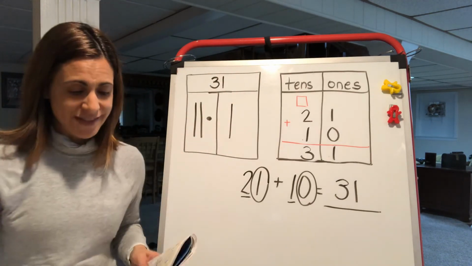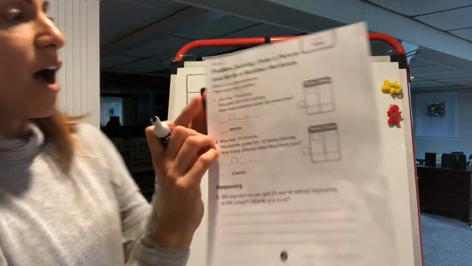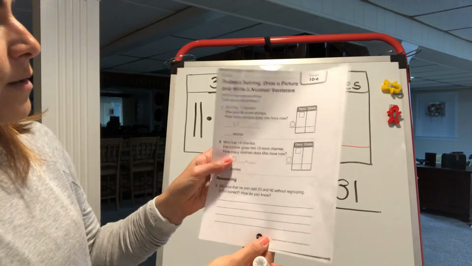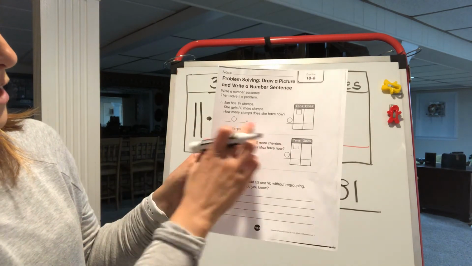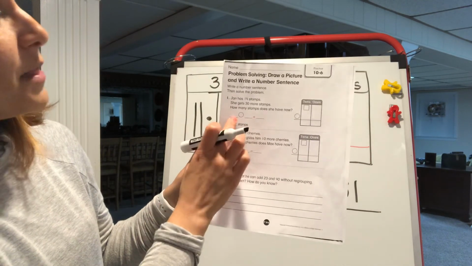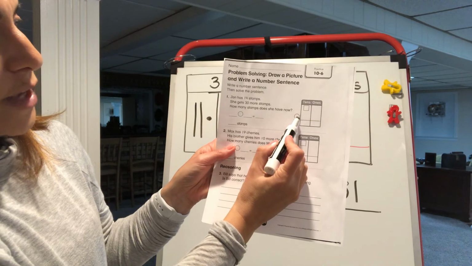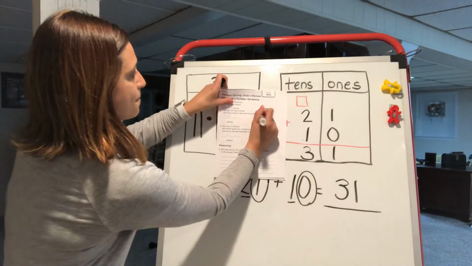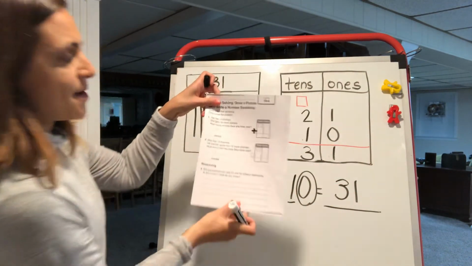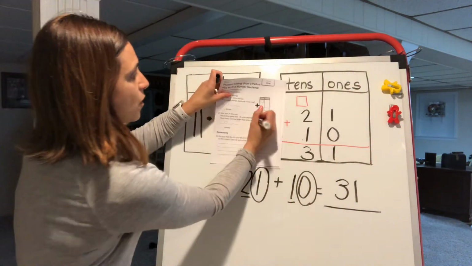Great job, you guys. Okay, the next part of today's math lesson is to take out this paper, 10-6. On it, just like we did on the board, you're going to write a number sentence first. You're going to first read the problem, then write your number sentence. Fill in the blanks. You can see there's a circle here. In this circle, you're just going to put a plus sign. Okay, I'll put that there so that you can remember. And then in the second circle, also do a plus sign